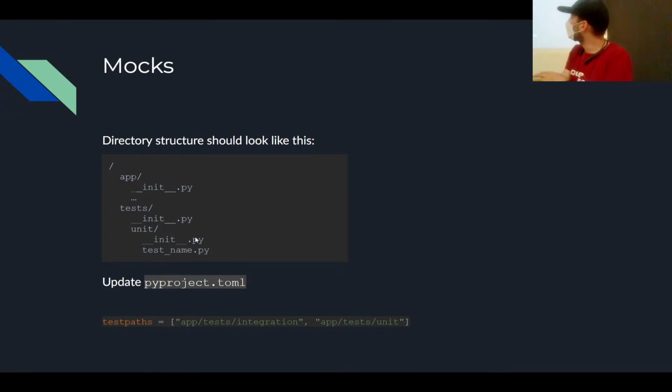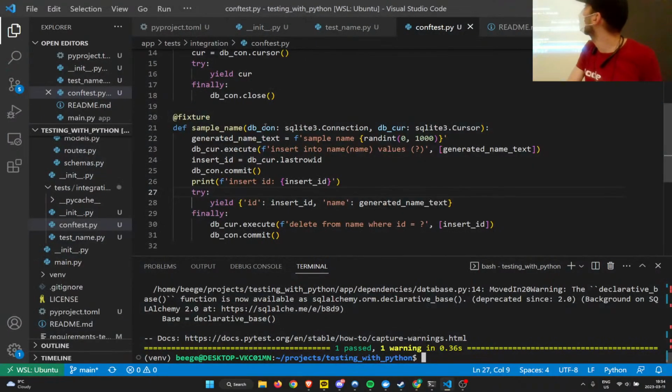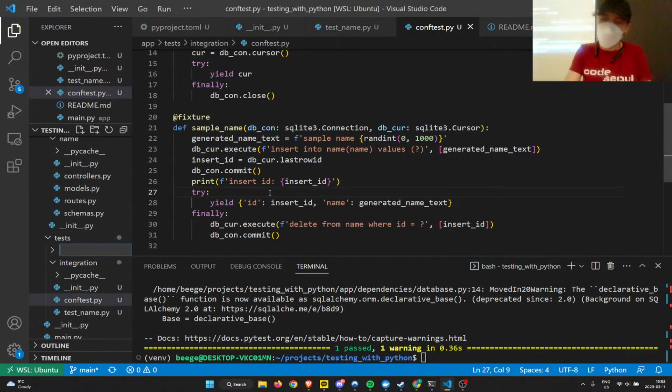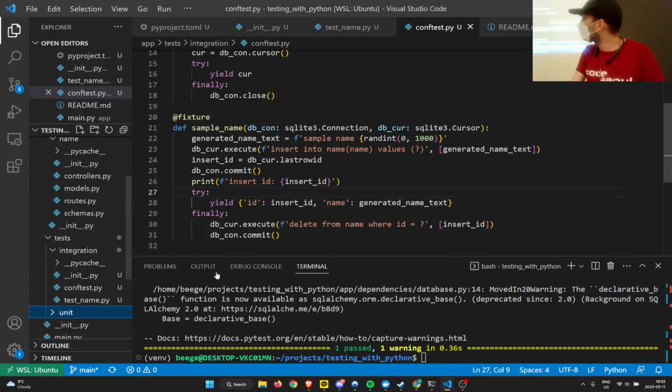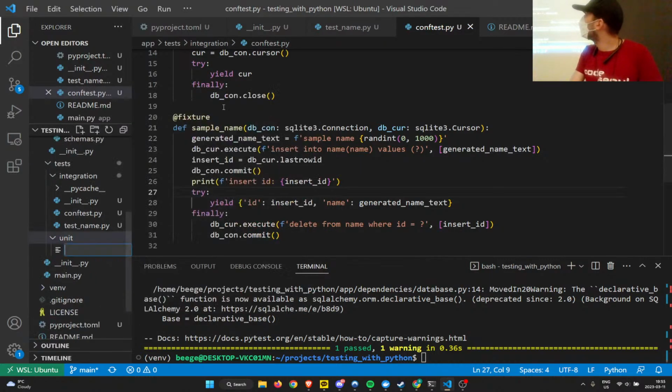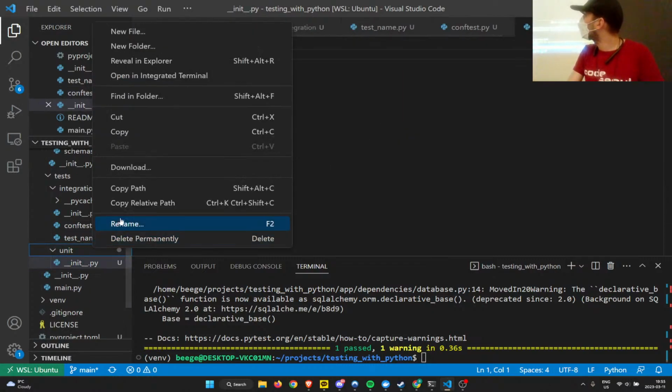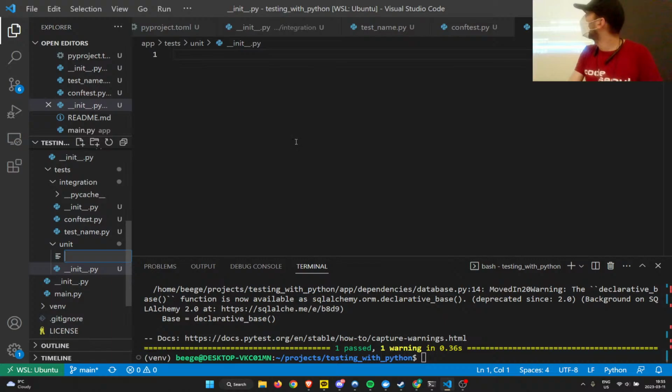Okay, so we're going to create a new unit test directory. We're also going to test this name function. So under tests, we're going to make a new folder, unit, for our unit tests. We're going to make a module file, and we're going to make our test name.py.